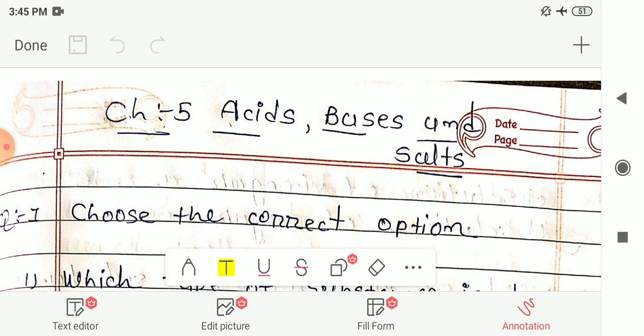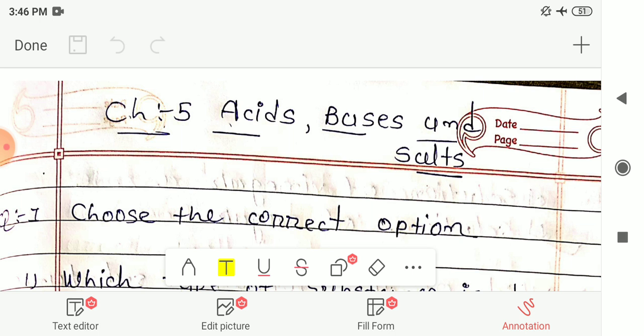Then we had seen the neutralization reaction. The acid and base react to produce salt and water. This chemical reaction is called neutralization, in which the acid and base react with each other and at the end of this reaction we get salt and water. Then we had seen that this neutralization reaction is used for the treatment of acidity, ant bite, acidic or basic soil treatment and factory acidic waste treatment. So these are the things we had seen in this chapter.